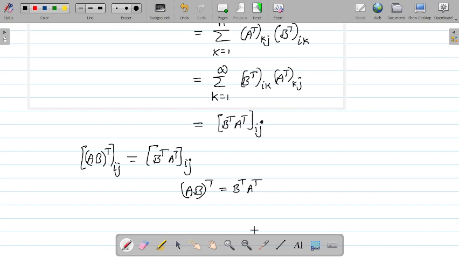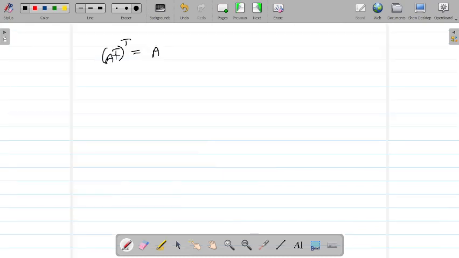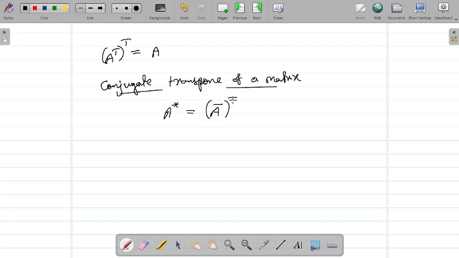Right. Whereas if A is a complex matrix, then we are going to define the conjugate. So in that case, we are going to take the conjugate transpose of a matrix. We are going to denote it with a star. A star means you take the conjugate and then transpose, or you do it in reverse, both are the same. You can write it as A transpose whole conjugate. So by A star we mean conjugate transpose, keep it in mind.